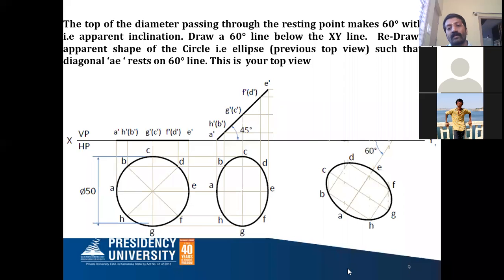That's all. After that, A to D and A to F is the same, and E to B, E to H is the same. You take any such distance, cut an arc here and cut an arc here, from E cut an arc this side and this side. Now C to B, C to D, G to F and G to H is the same. So from C cut an arc, from G cut an arc here, and from G cut an arc here. Wherever these arcs intersect, you will get the other 4 points. Now as usual you can join those identified points and your ellipse is ready.